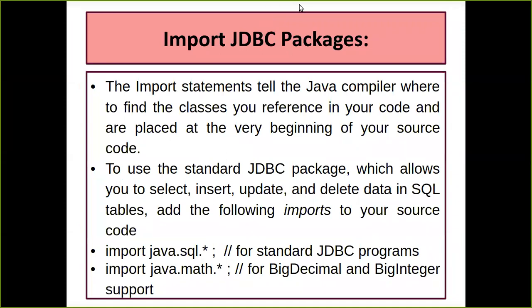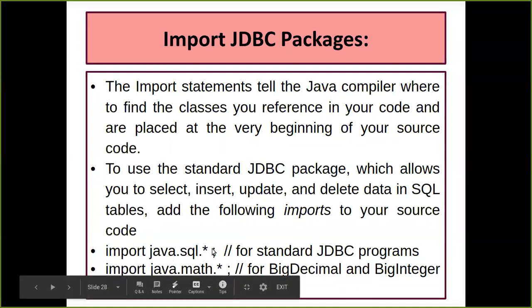So we'll have import JDBC packages, first one. Here I told you what is an important part to make your Java compiler understand where the classes and the interfaces you are writing in your code inside your class are coming from. It should be given in the form of an import statement. You have a number of packages in Java. Classes, interfaces, that all comes afterwards. The first thing which comes is your package. You have to make your program understand, from this package I am using this class. So import statements are important. Here we can write import java.sql.*. Next, import java.math.*.